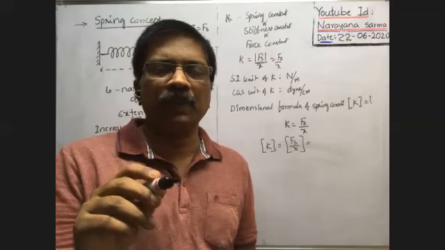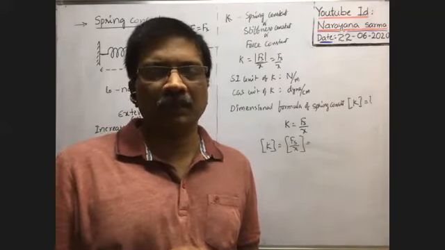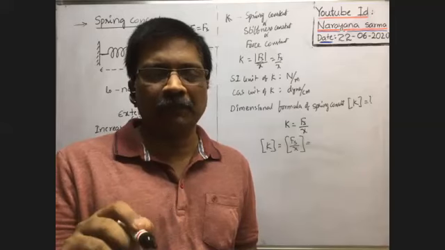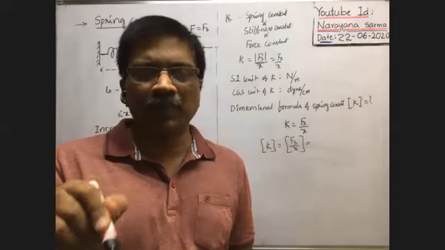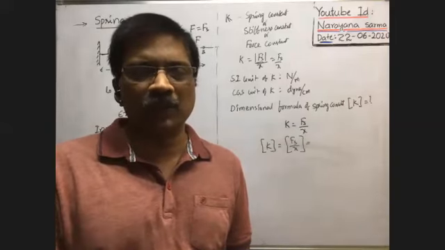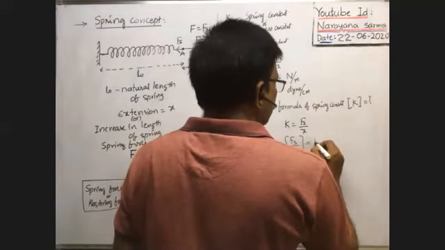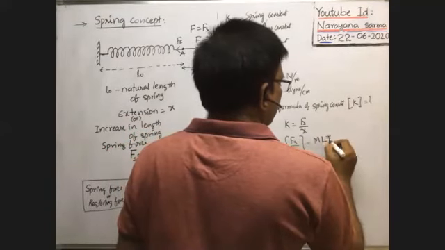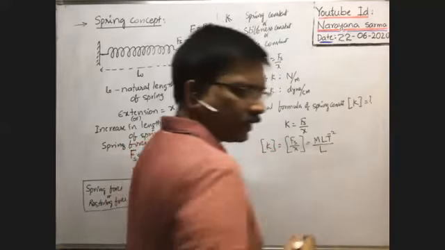Mass dimension formula: M into acceleration means L t to the power of minus 2. Because acceleration means velocity by time, velocity means distance by time, then distance by time squared, that is L by t squared. So L t to the power of minus 2. That's why force means M L t to the power of minus 2, divided by distance means L. Okay, you said the direct formula.